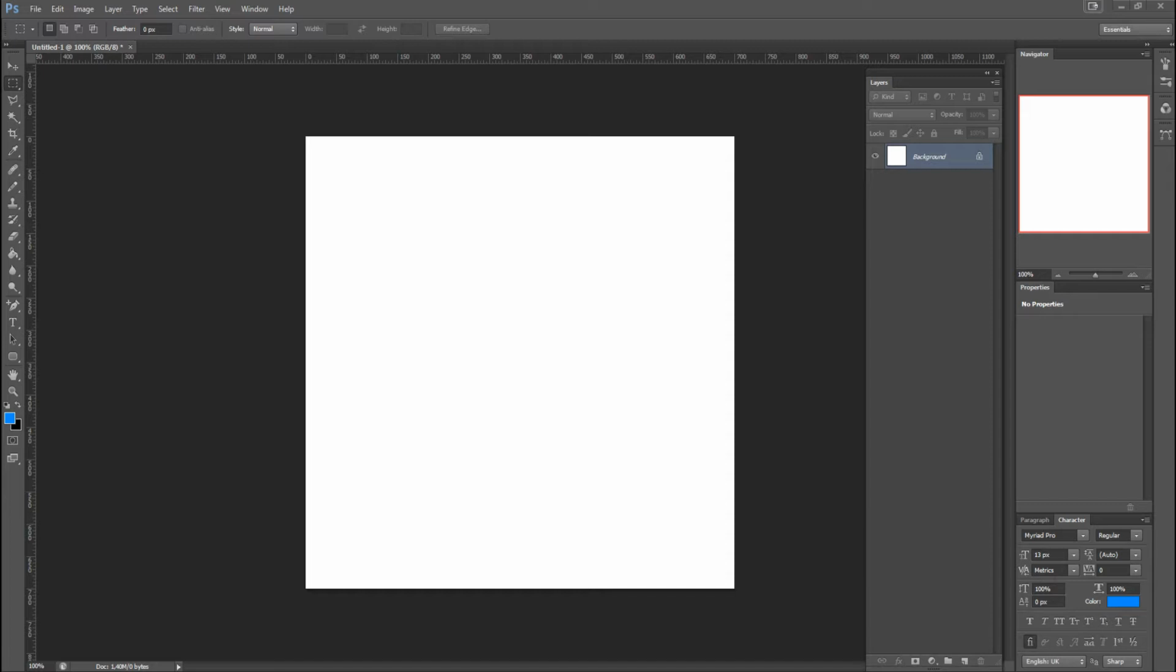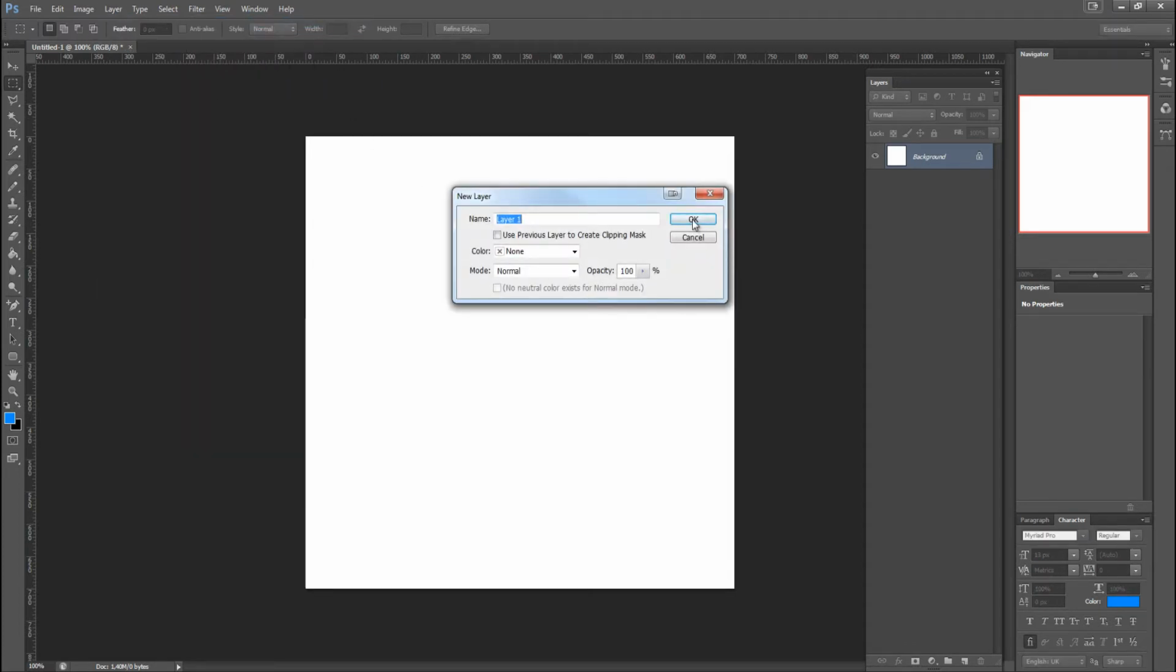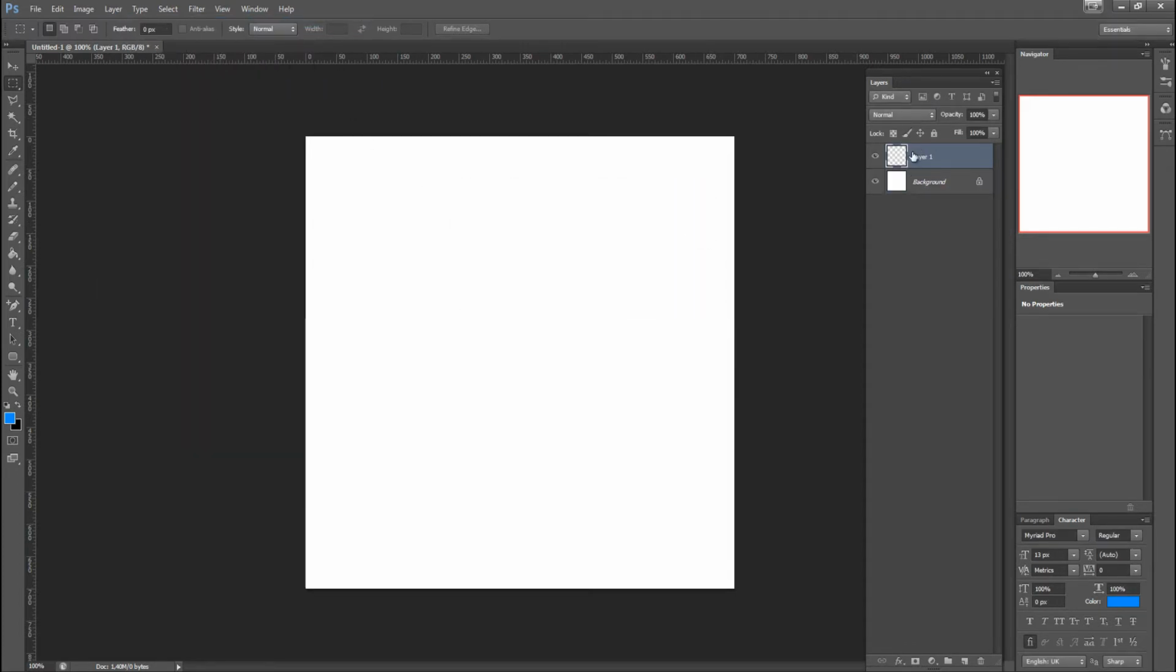Today we'll be working with layers. I just created a new document 500 by 500 pixels with a white background layer. So let's get started. Create a new layer, going into layer, new layer, click OK, and Photoshop has created